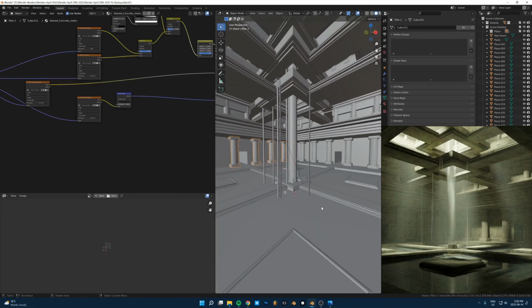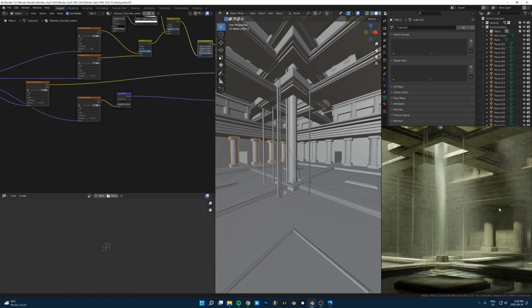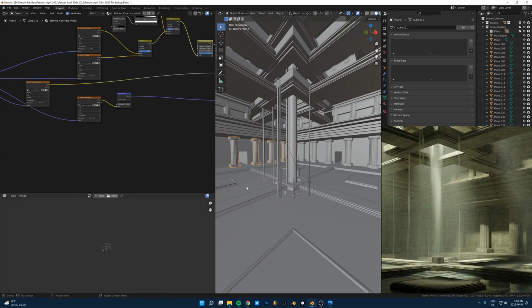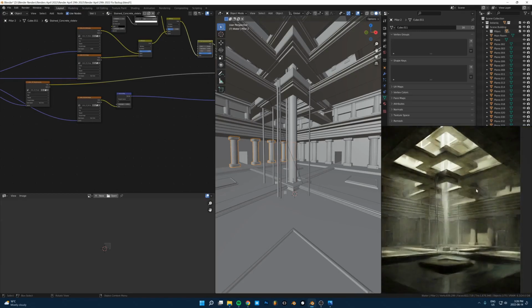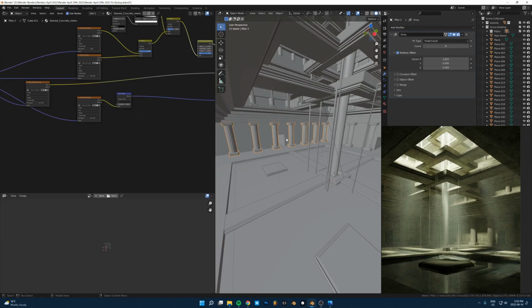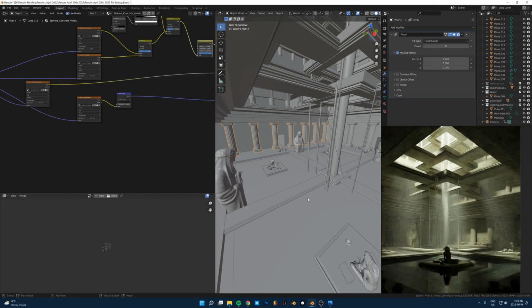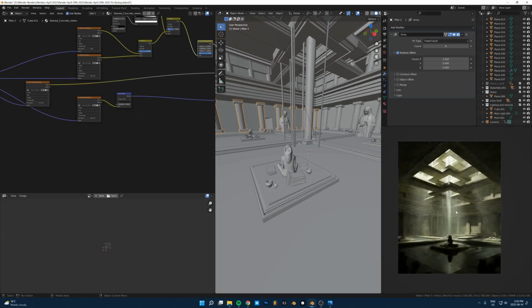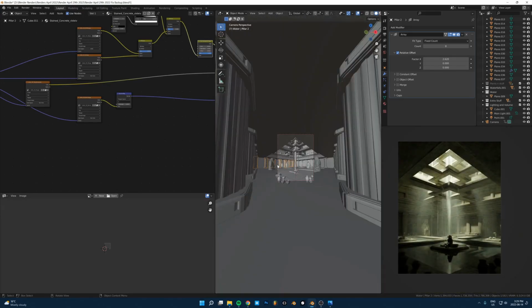So like these pillars here, I made this a long time ago and I just dropped it in here from some other project, and you can see that just adds a lot of detail and a bit more complexity to all the walls here. So I just dropped in one, set up an array here, and then just duplicated that all over the walls. And then if I just enable all this extra stuff here, you can see when I get to this stage, I just think about